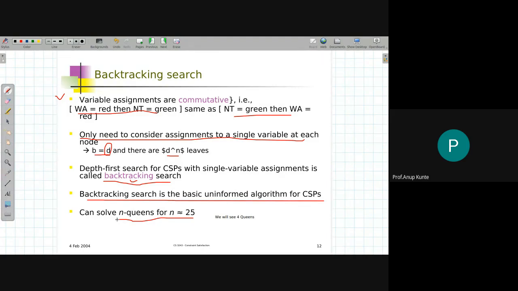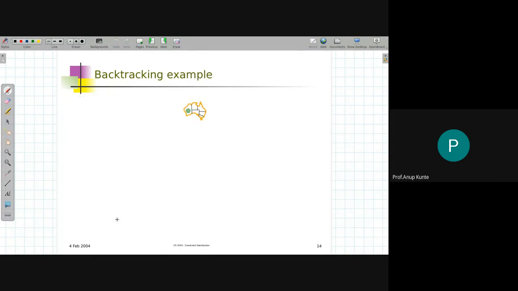So the order of execution for this is reasonably good for n up to 25 for an n queens problem. This is how we use these problems for benchmarking algorithms. If I'm using the incremental formulation of state space search and using depth first search for solving a CSP problem, it is referred to as backtracking search, and this backtracking search algorithm can be benchmarked to solve the n queens problem up to n equal to 25.